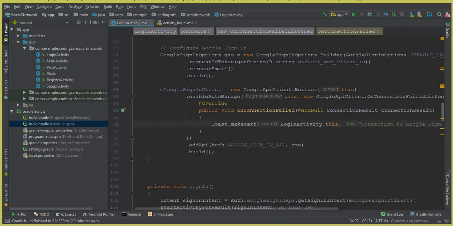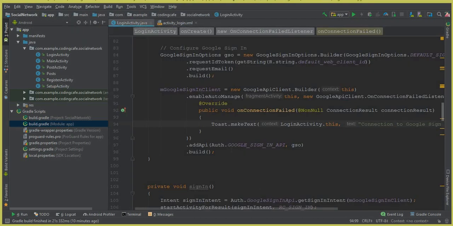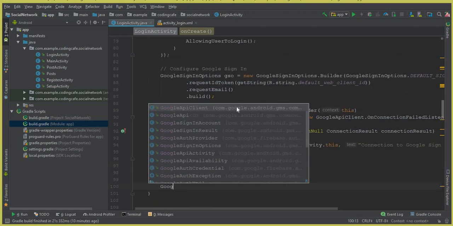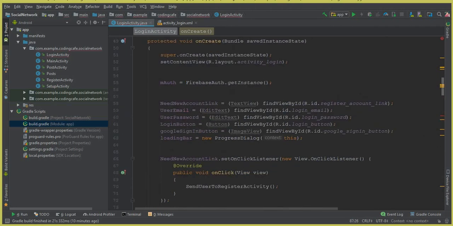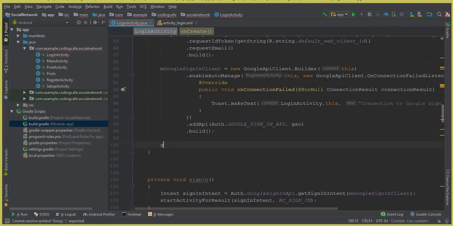And after it, all we need is to set a click listener on this Google button. That is, when someone clicks on it, then we have to allow the user to sign in. First let me check the name of this button, which is googleSignInButton. So we can say googleSignInButton